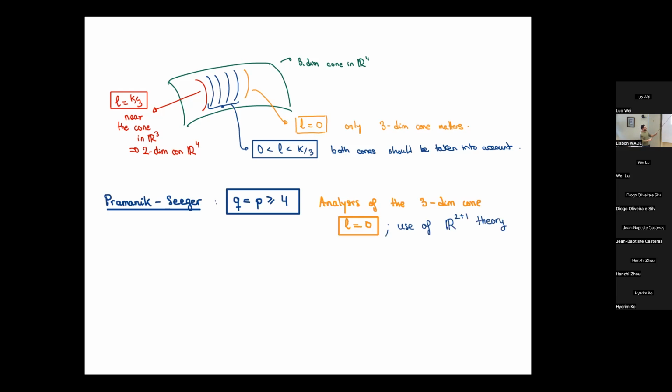And the work of Pramanik and Seeger, where they were giving this partial result for the maximal function, what they did was a very good analysis of that piece L equal to 0. And as I said, they were doing it, thinking of it as a sort of projection at the right scale, and using the theory in one lower dimension. Okay, and their analysis, which was very effective for this piece itself,